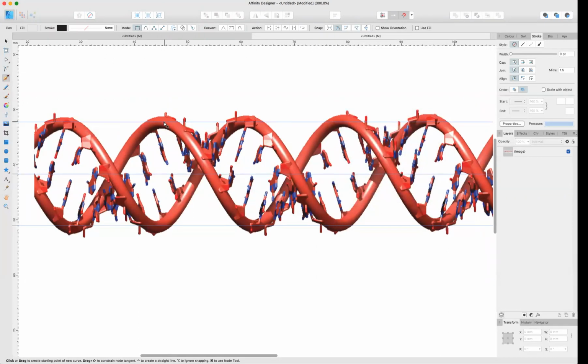So here we go. I'm just going to start and click right at the center of one of these peaks and click and drag, and that'll create a spline. Now, the spline at the top and bottom of the helix needs to line up perfectly with the guide. So hold the shift button down and it will snap